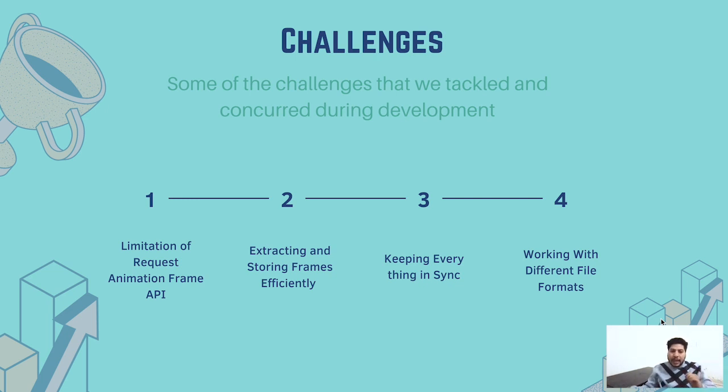FFmpeg takes time to load, so we had to come up with something more efficient and faster. So now we are extracting the frames using the seek functionality. We play the video and seek through it. Currently we have a frame size of 1 second per frame, and we seek to one frame, take a snapshot, and store it in the canvas with the index, so we can display the frames in the